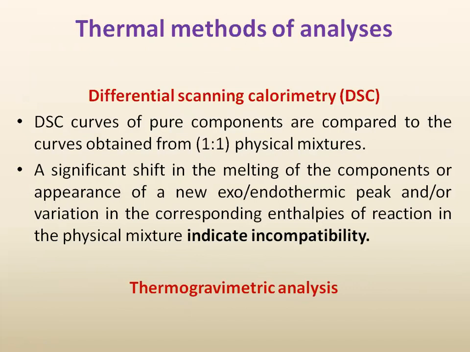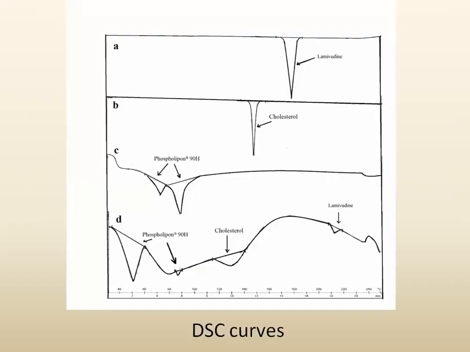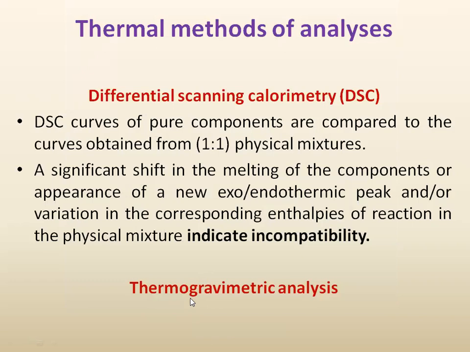In this technique, initially the DSC curve of your API and the excipient is taken individually. Then the physical mixture or the final product is taken, and their DSC curve is taken and then interpreted. So this was one example. Also here we can say that separate groups have individual DSC, and then this is the combined DSC of the liposome. So here we can say that a shift has occurred, so there may be an interaction, or there may be some entrapment, or there may be a change in the nature of the drug. This we can predict. The second was thermogravimetric analysis.